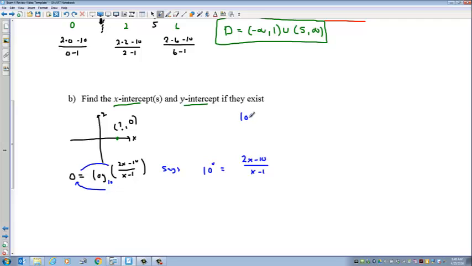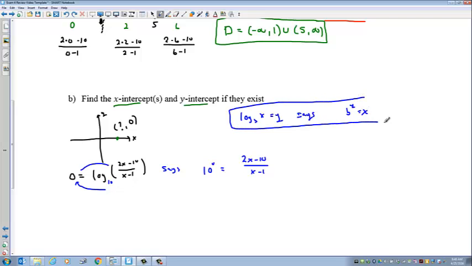So remember, if you have log base b of x equal to y, the definition of this, what it actually means is b to the y is equal to x. Right, so that's one of the most important definitions when using logarithms. I always think about this too in terms of arrows, like b to the y is equal to x. All right, so now 10 to the 0 is 1, so we really have 1 equal to 2x minus 10